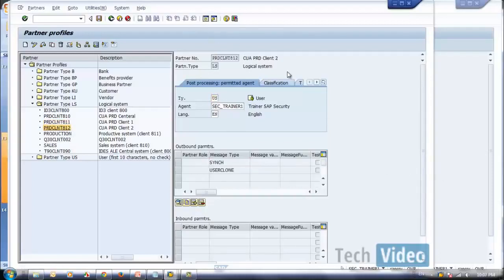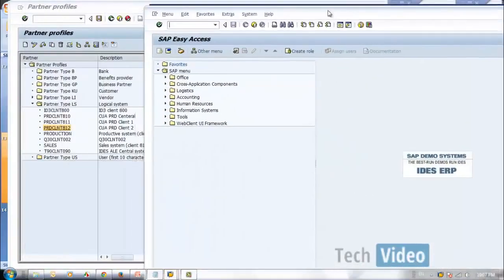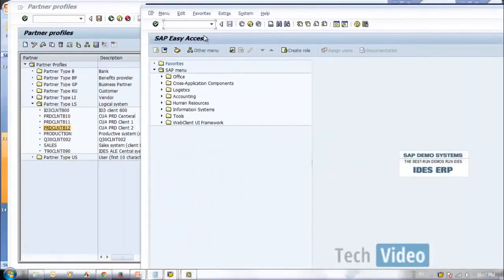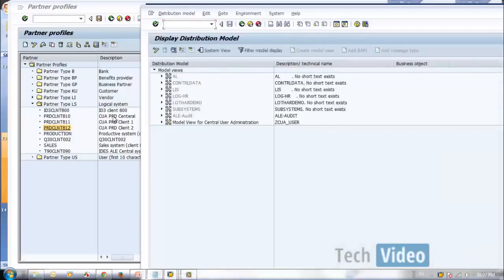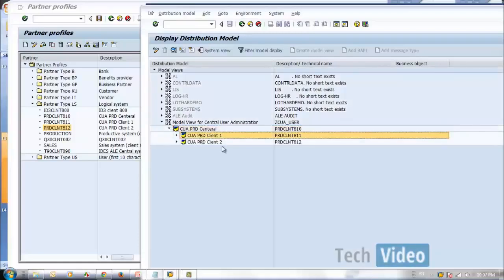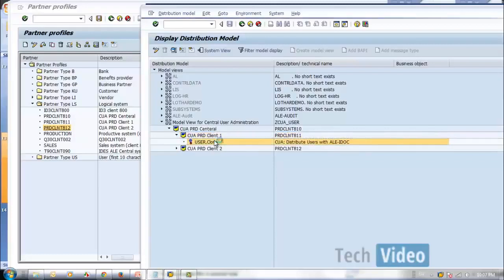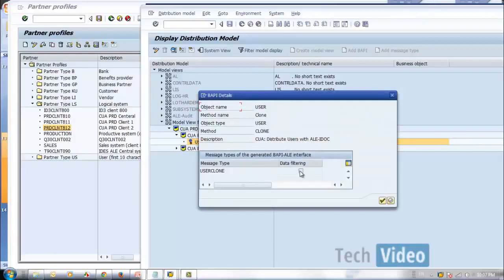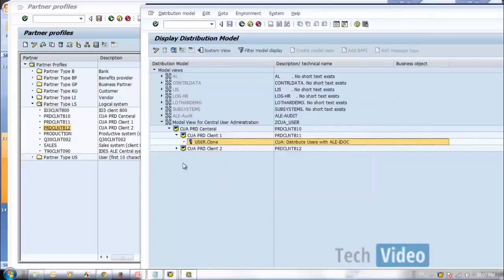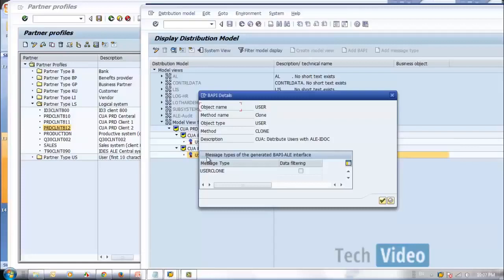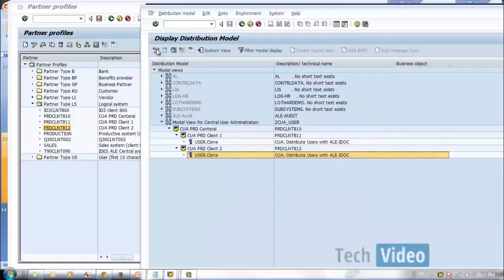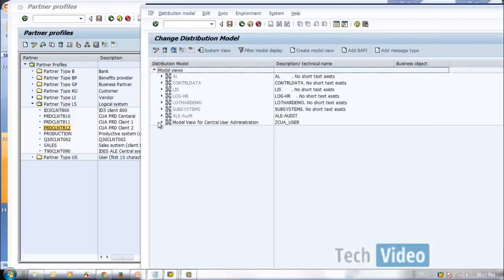So we create one more session, go to BD64, change.